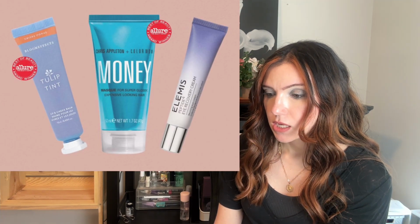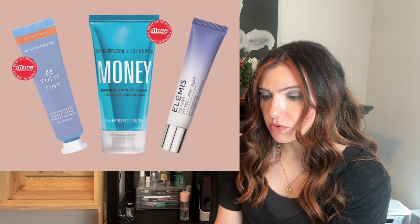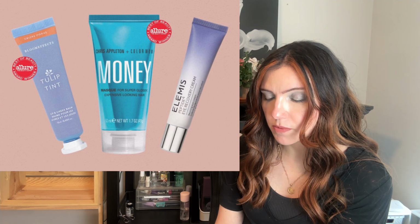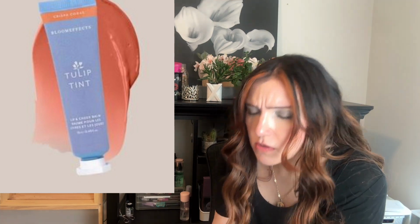So I see Chris Appleton and Color Wow Money Mask for super glossy, expensive looking hair. And then this Tulip Tint Bloom Effects. It's a lip and cheek balm. Whatever. Okay. Is that seriously it? I mean, I'm not really impressed. Sometimes you get a fragrance, I guess. So I see